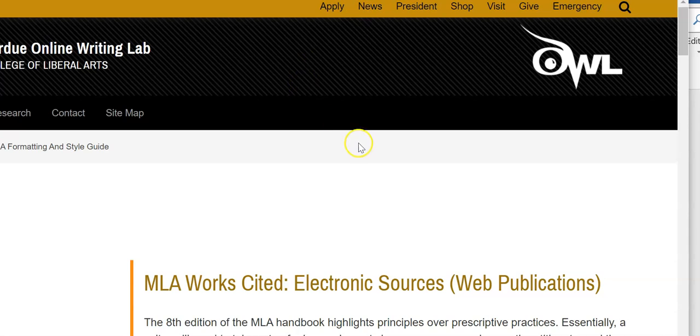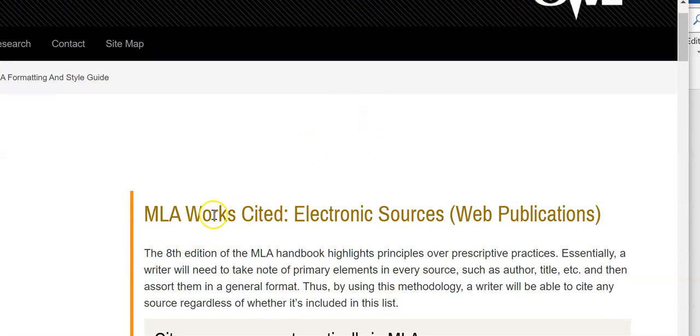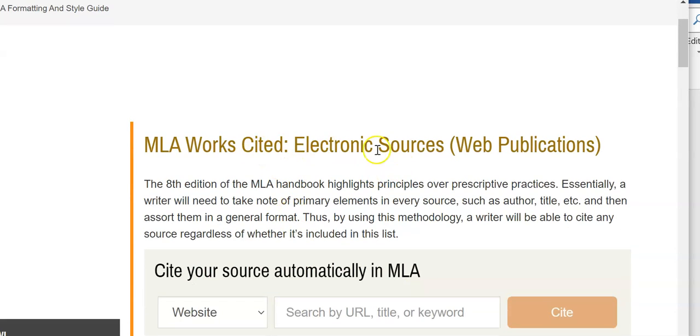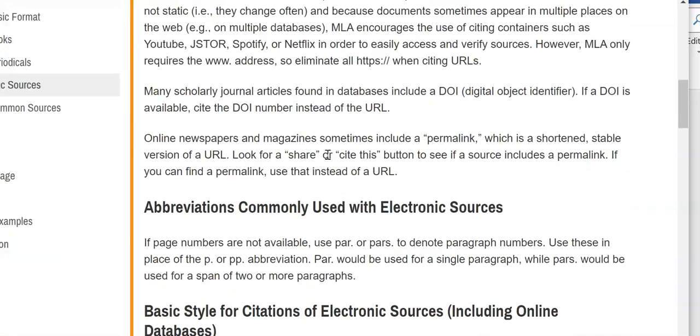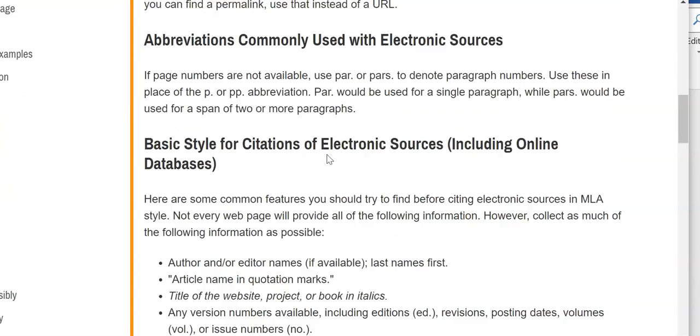It has a lot of information about MLA. And because we're often using electronic sources these days, websites and online articles, it's best to look specifically at electronic source references as your guidelines, and this site is really good for that kind of information.